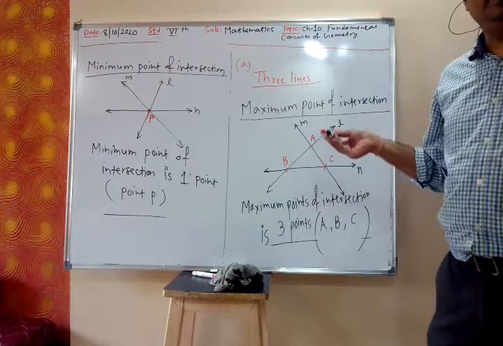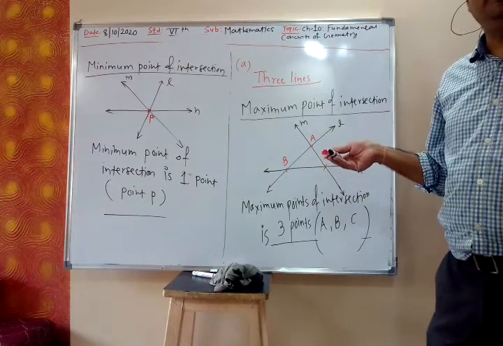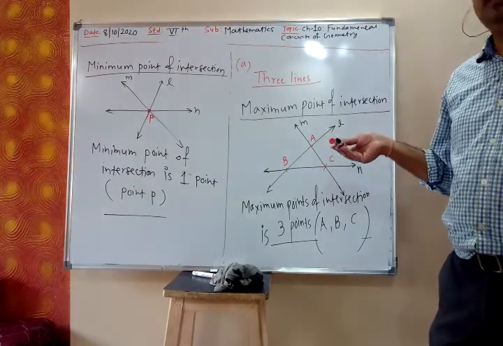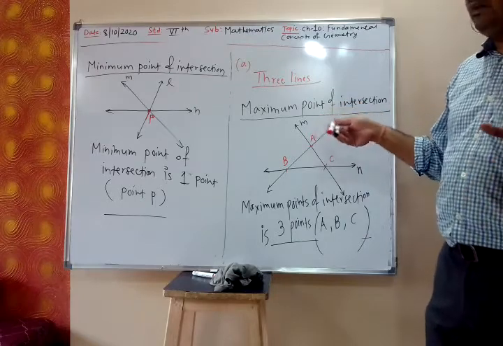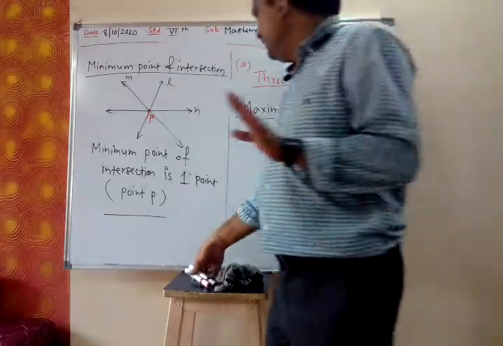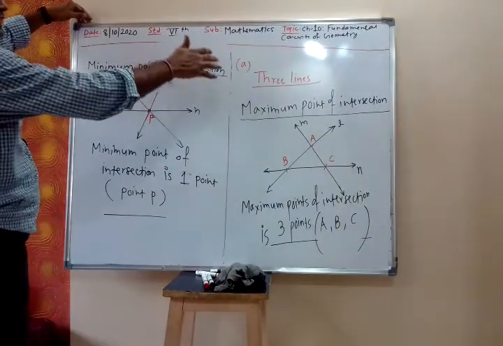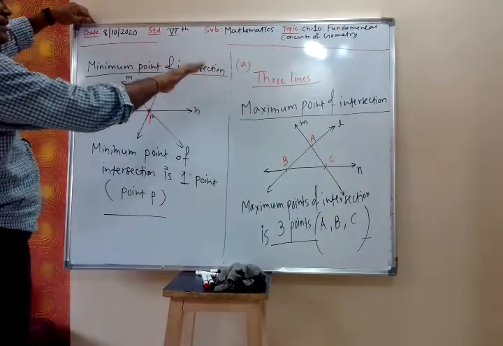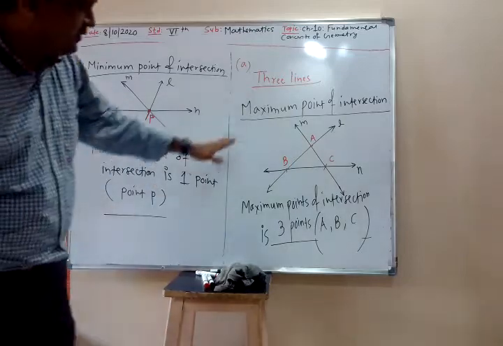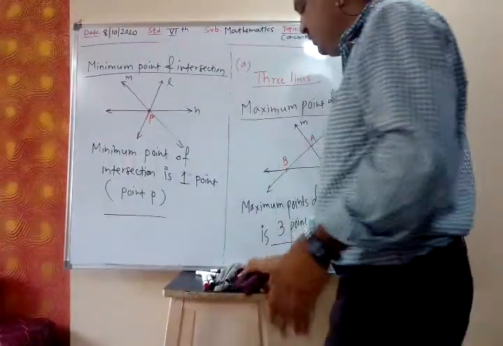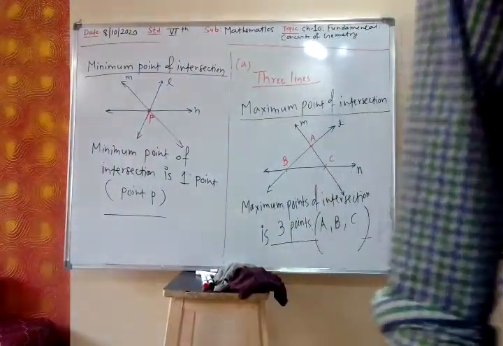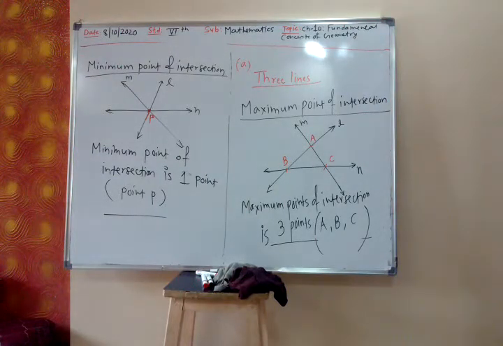No, my dear, I have done it for 3 lines. The same thing I have to do for 4 lines. After the portion gets over, I will discuss. First, let me complete this 3 line and 4 line. This is what we have done for 3 lines, so this side is over. Let me check. It is coming clear, right?